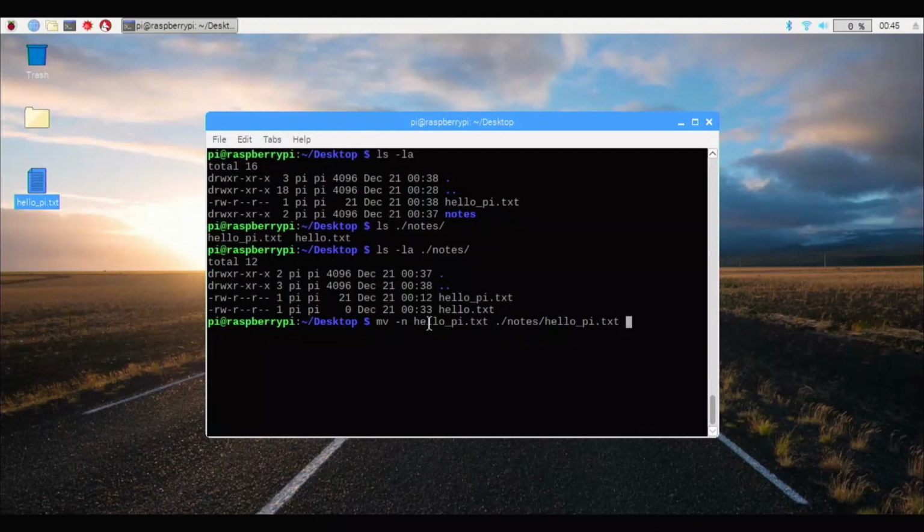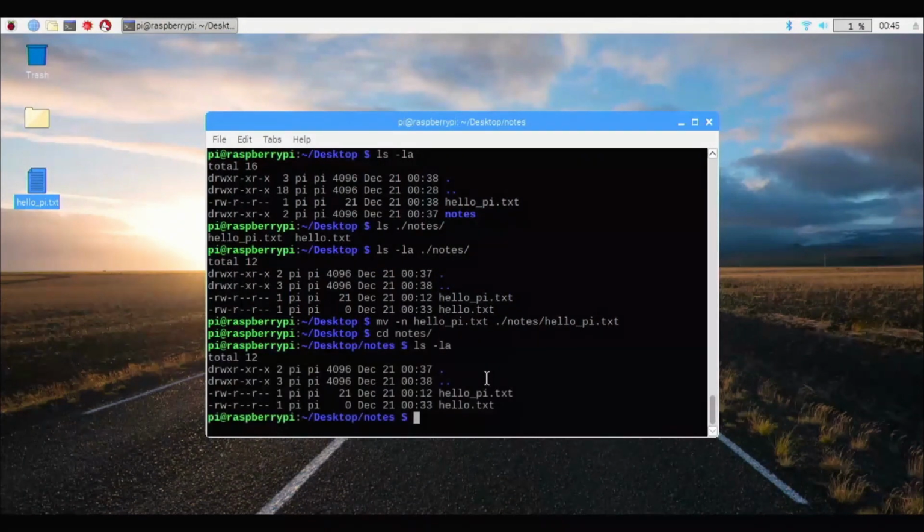All right, so what I've done here is that I've said move -n is no clobber, hellopi.txt, and then the current directory, which is desktop/notes/hellopi.txt. So I'm trying to move it from here into notes with the same name. Let's see what happens. And you could see that it didn't tell us that it didn't do anything, but it also didn't copy over. Now if I were to do that from the desktop right now,